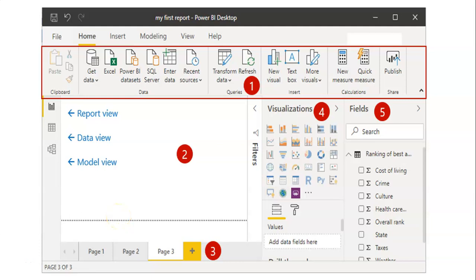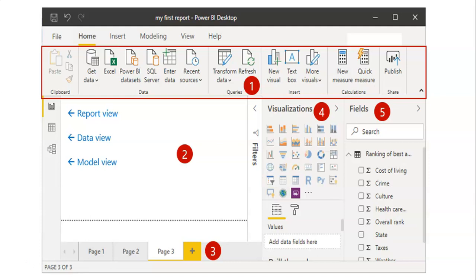In the last video, I showed you how to download and install Power BI Desktop. In this video, I'm going to tell you about the Power BI Desktop interface. In the Power BI Desktop interface, you have options to connect with various data sources, starting from flat files to any kind of server-related sources or any web sources.